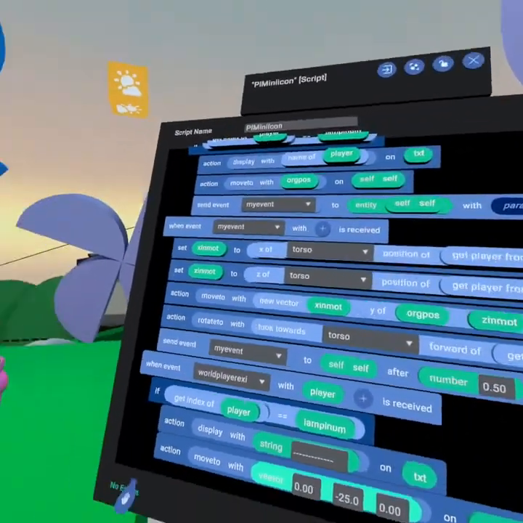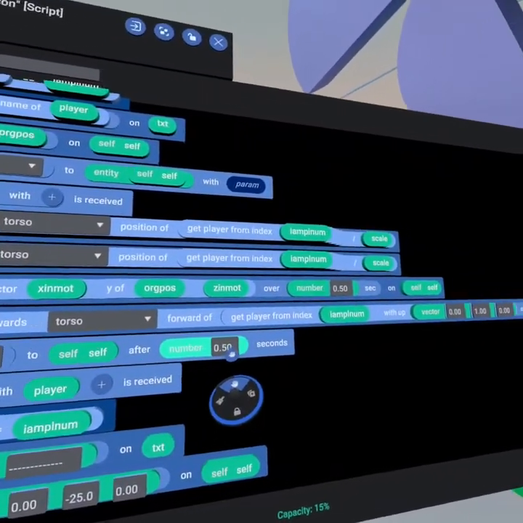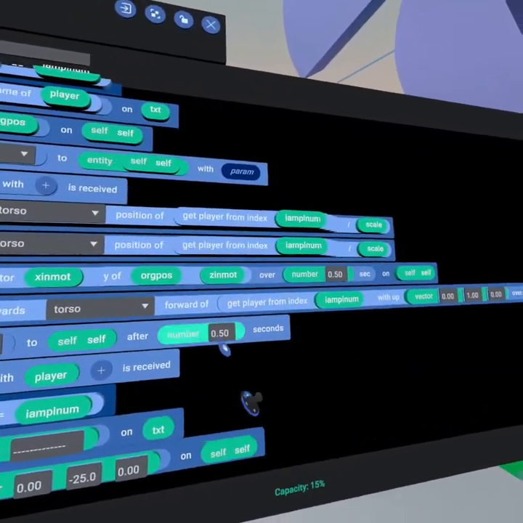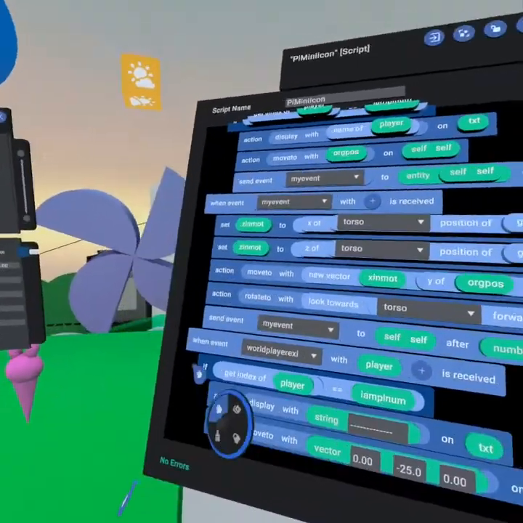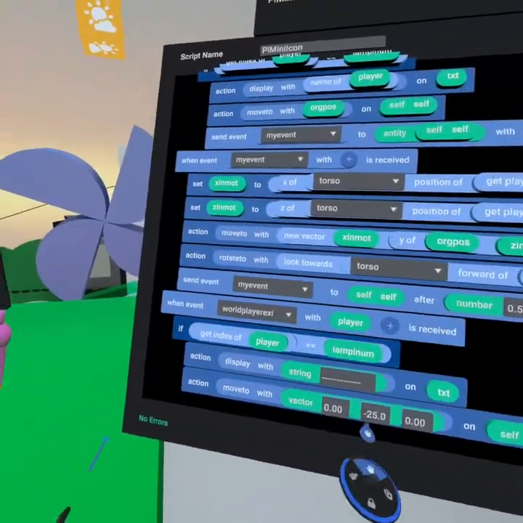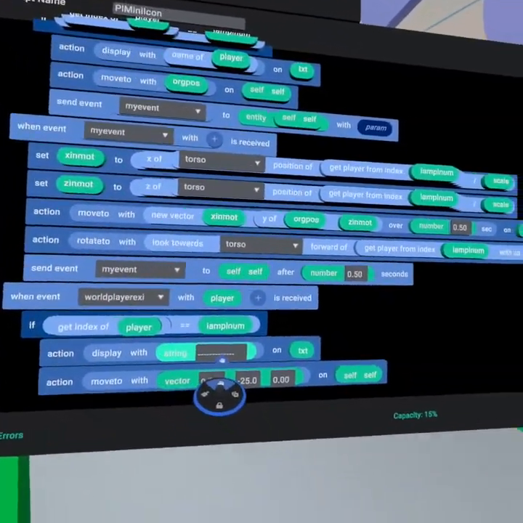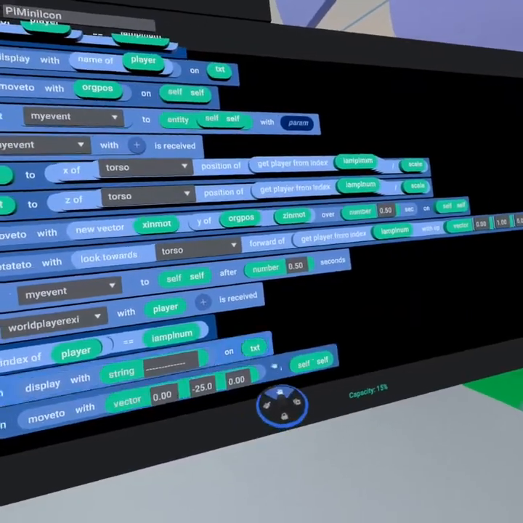If you were going to have this as a moving mini-map, I would highly recommend changing this to be a 0.1 second delay and changing this to be a 0.1 second delay. I currently have this running at a ½ second, so I don't hit the maximum number of events that can happen per second. And then when the player exits the world, if that's the player that I am, we then display the original string on text, and then we move to that position 0, -25, 0 on self,